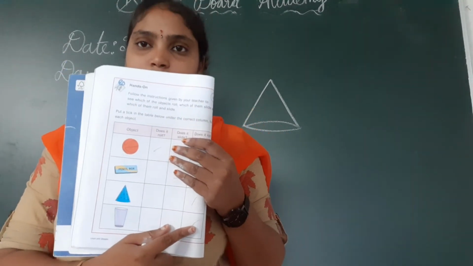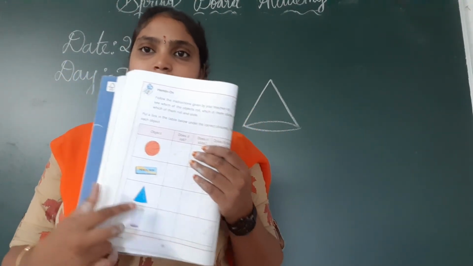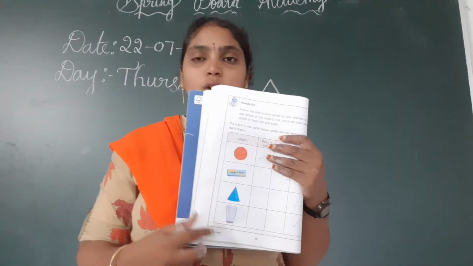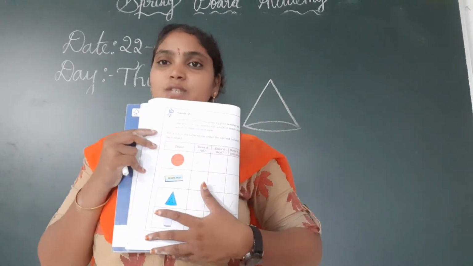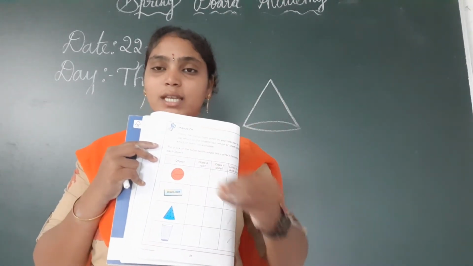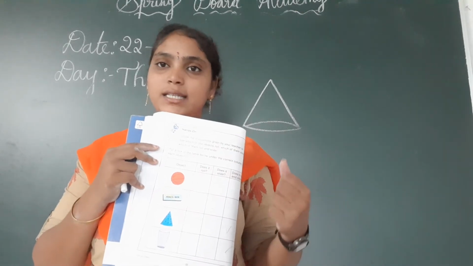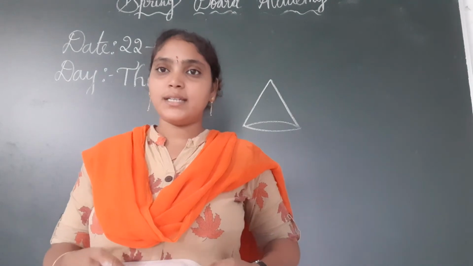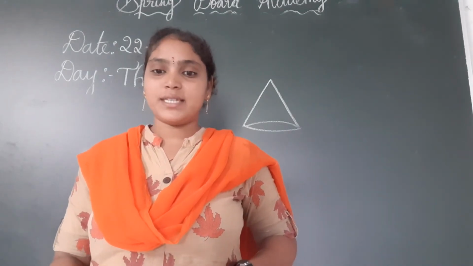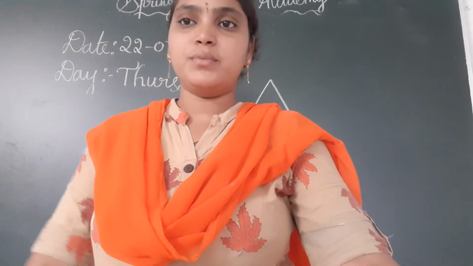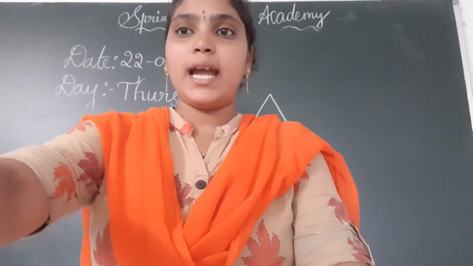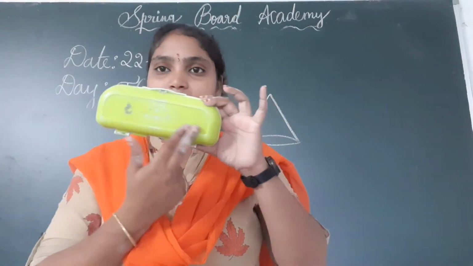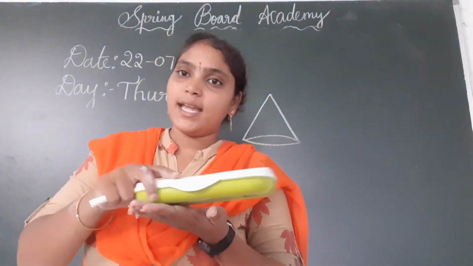So check in the fourth box, children. Is it clear, children? Here these four are examples of solid shapes. You have to take these four objects and check whether they roll and slide. The objects that have flat surfaces can slide. For example, this has flat surfaces, so it can slide.